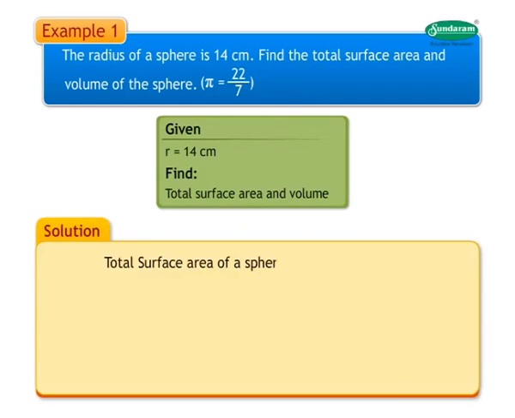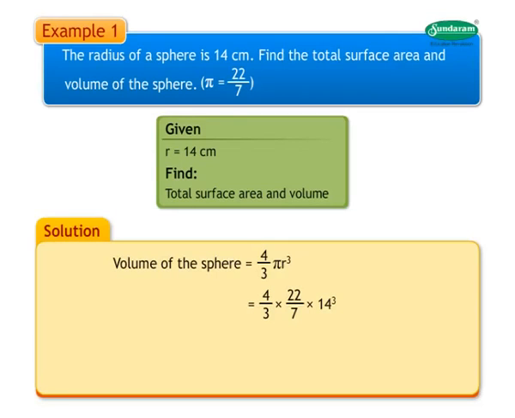Solution. Total surface area of a sphere is equal to 4 pi r square, which is equal to 4 into 22 upon 7 into 14 square, which is equal to 4 into 22 upon 7 into 14 into 14, which is equal to 2464 centimeters square. Volume of the sphere is equal to 4 upon 3 pi r cube